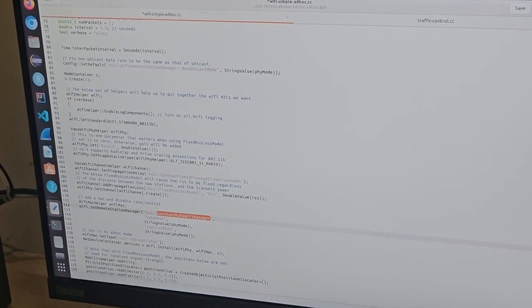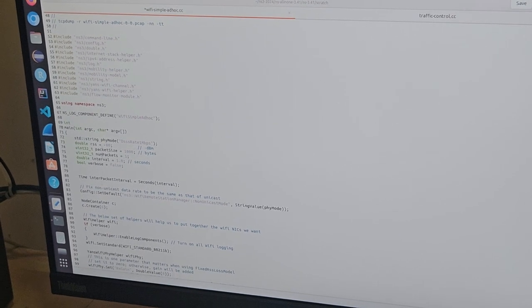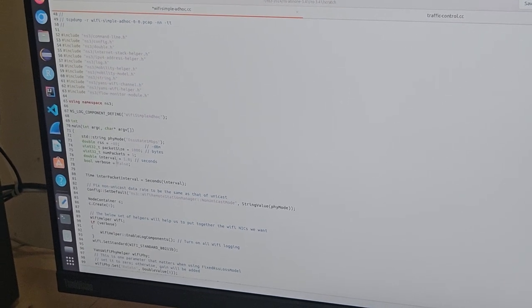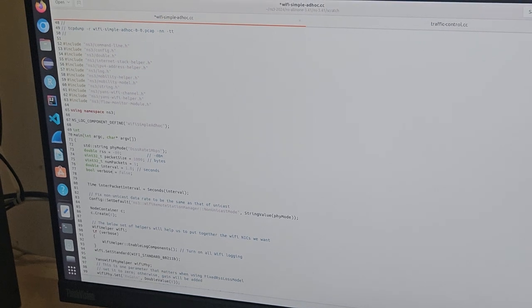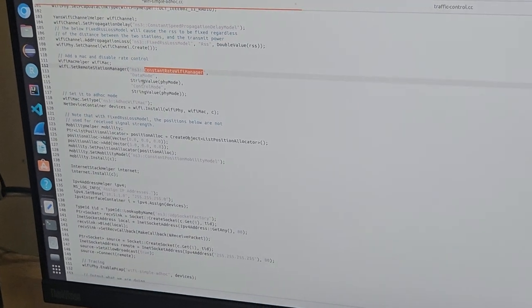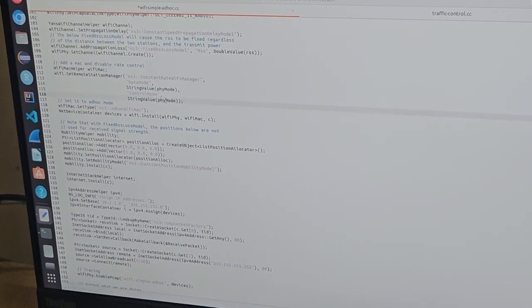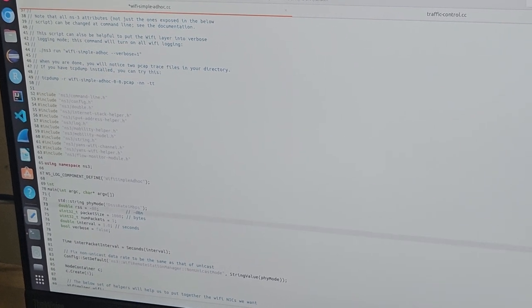Data mode is given here. What is the value of the data mode? Here somewhere is given. There is a data mode value. No, data mode is a physical mode, and what is the value is this one only,